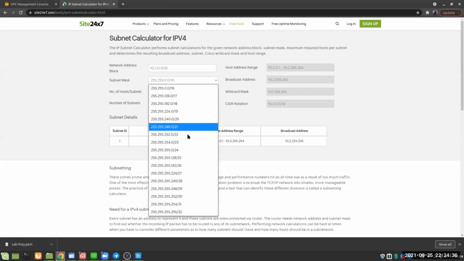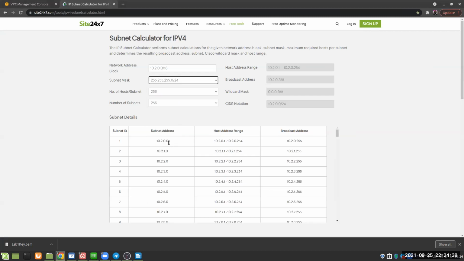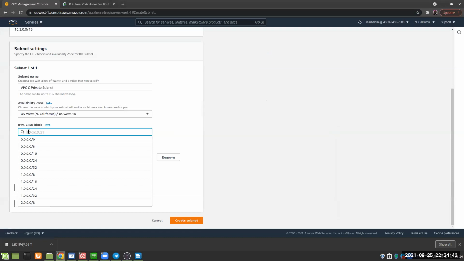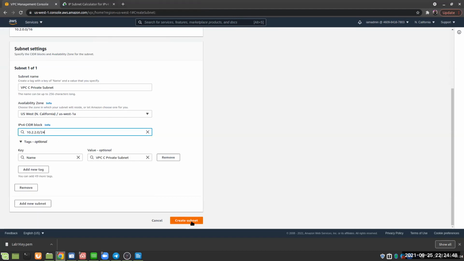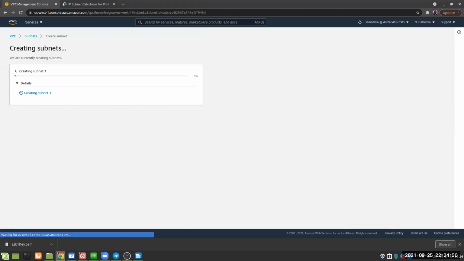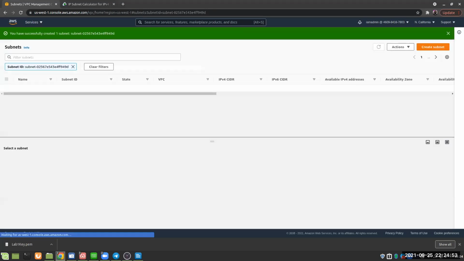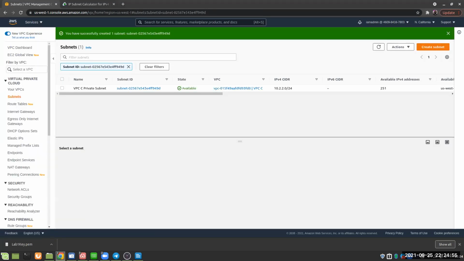And then this is the 24. I already used this one, so I'll use the 2.2. So with 10.2.2/24, and I'll create that. VPC,